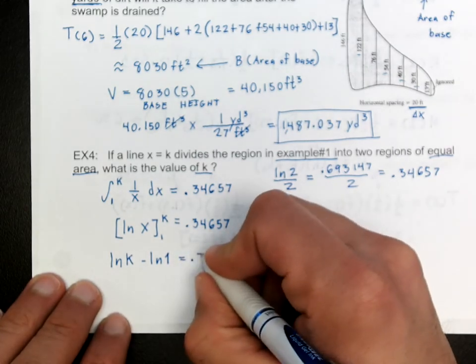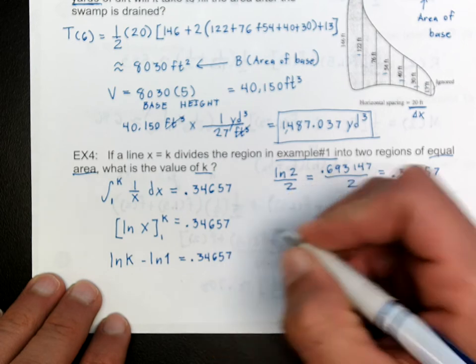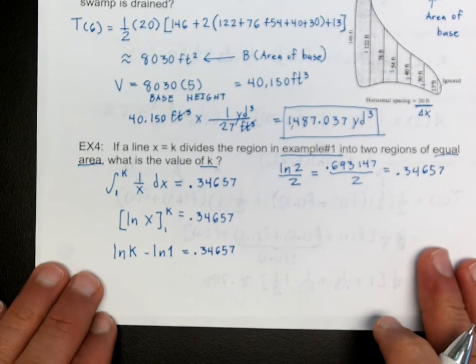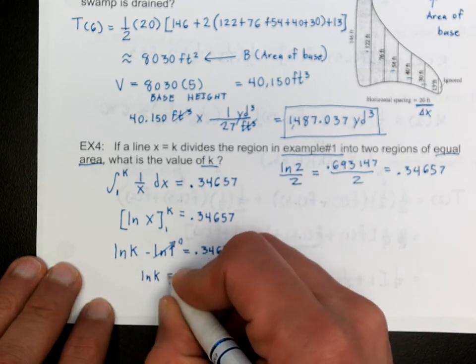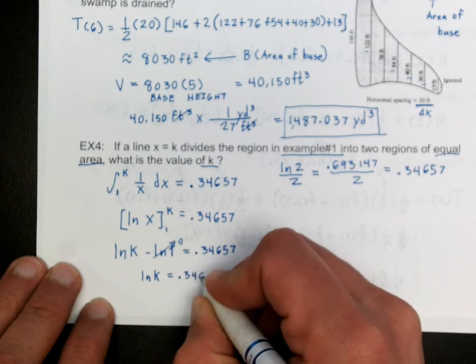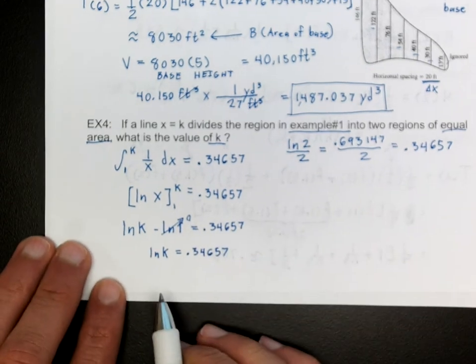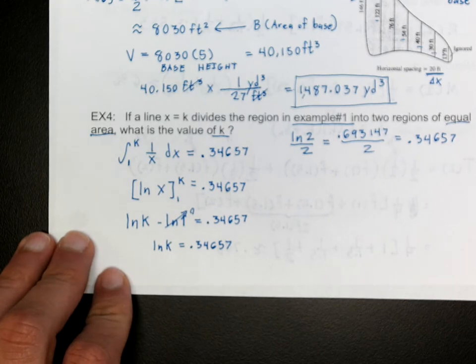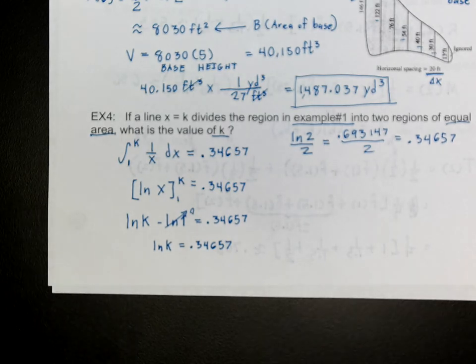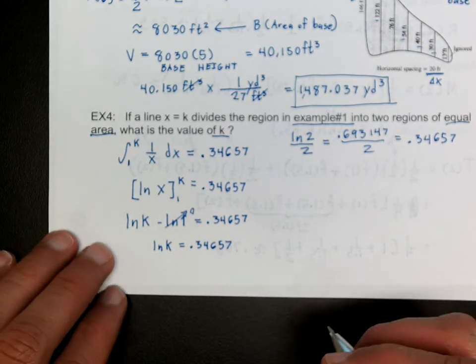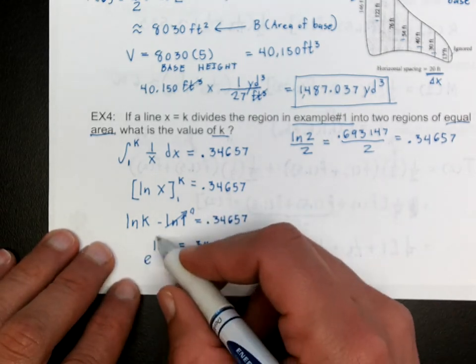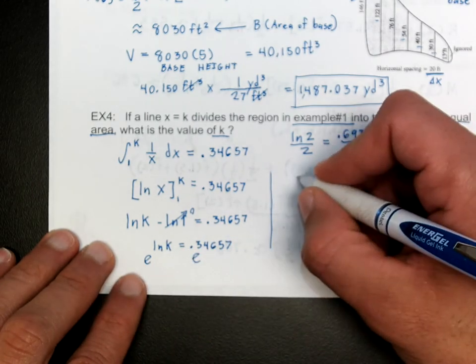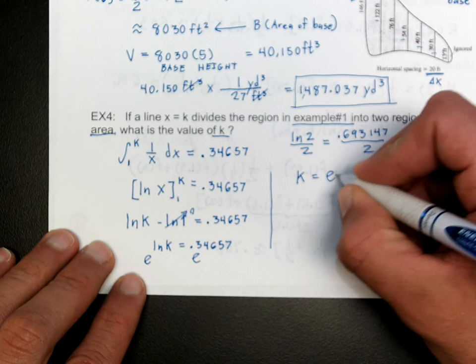It's equal to 0.34657, and the natural log of 1 is 0, so I have the natural log of k equal to 0.34657. Now the question is, how do I get rid of this natural log? If you remember from algebra 2, if not pre-cal, you use Euler's number, e, which undoes the natural log. Then you have k equal to e to the power of